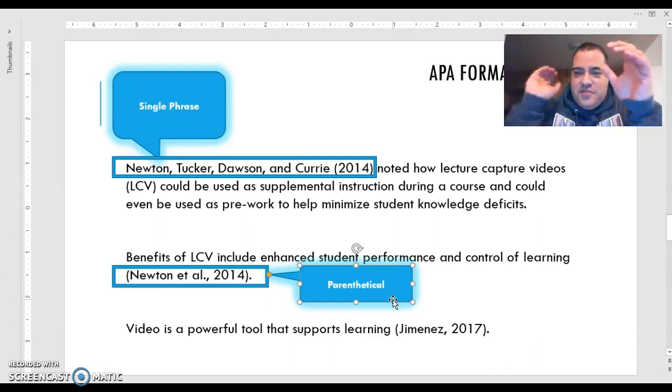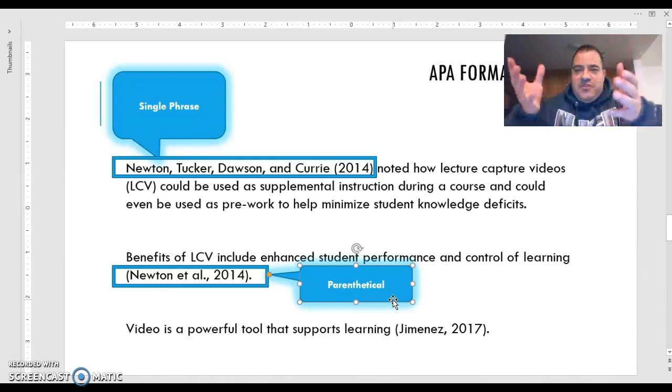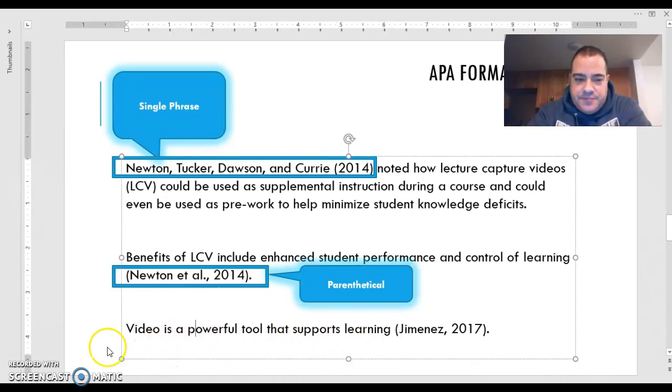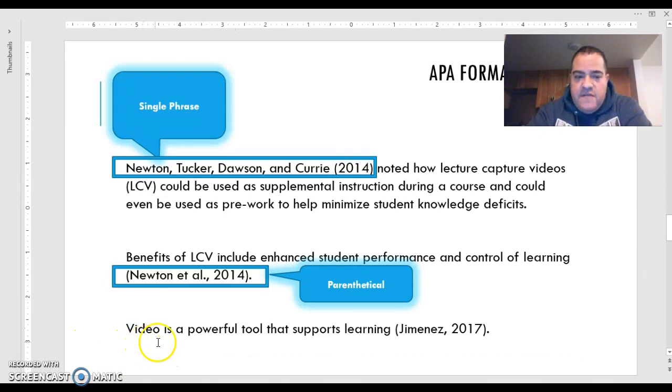You have a left parenthesis, a right parenthesis, and everything related to your citation is inside. So it's in parentheses, aka parenthetical. And the parenthetical, notice in this case, has the author, et al., followed by the year. Again, no page number because it's not a direct quote. Also notice that in this sentence, and I'm going to use the example below, this last sentence right here, video is a powerful tool that supports learning,